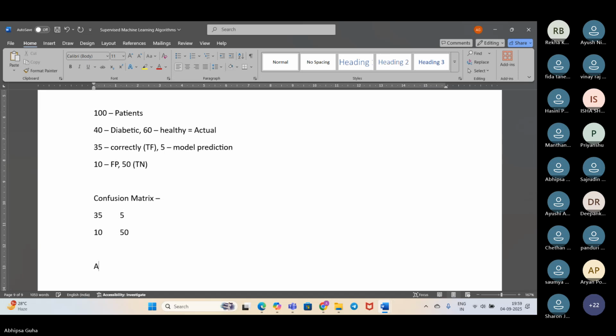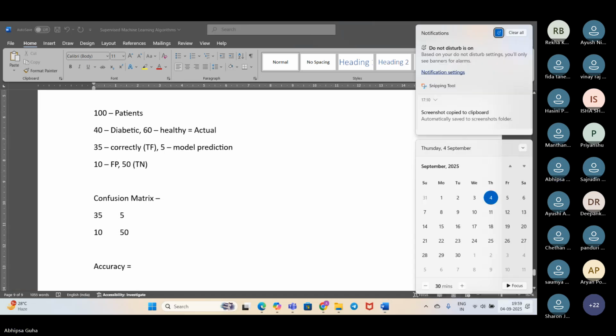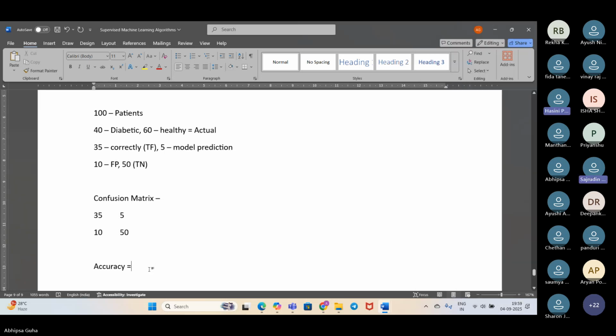Then we have to think about accuracy. What is accuracy? Anyone wants to tell? Actually, accuracy tells us how many predictions went correct. So how many predictions went correct, that the accuracy level will tell. So what is the formula for this? That is true positive plus true negative